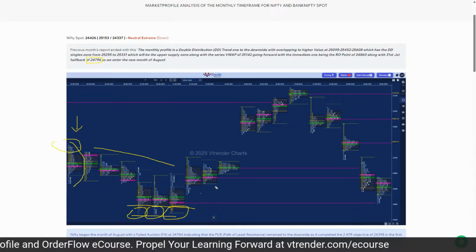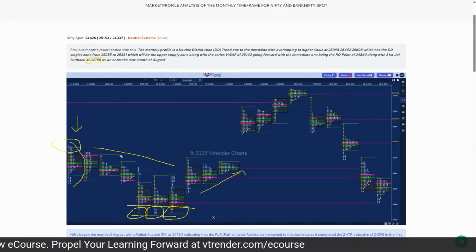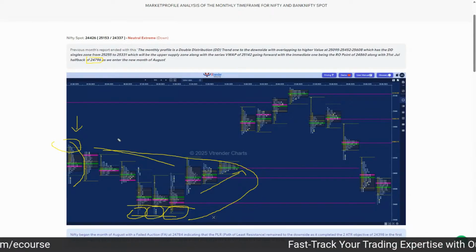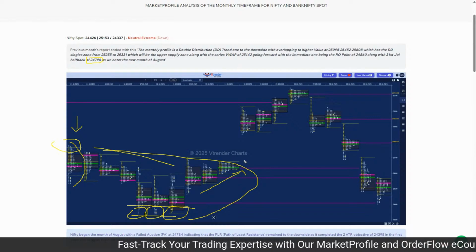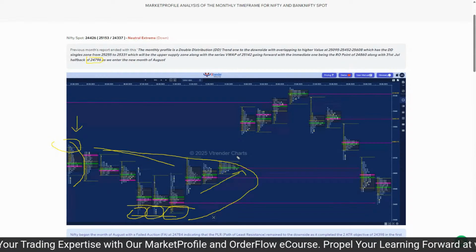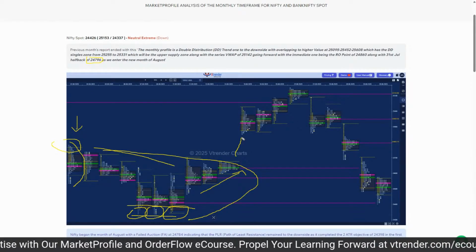So from here we made a small bounce back, and this was more a balance, composite balance, with a failed auction at the start of the month. So it was not at all a bullish sign. But what happened in the second half was, after the holiday of 15th August, which was also end of the